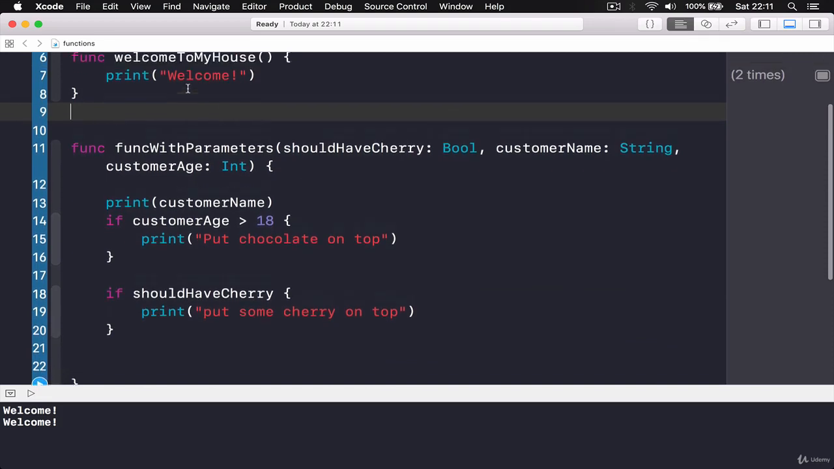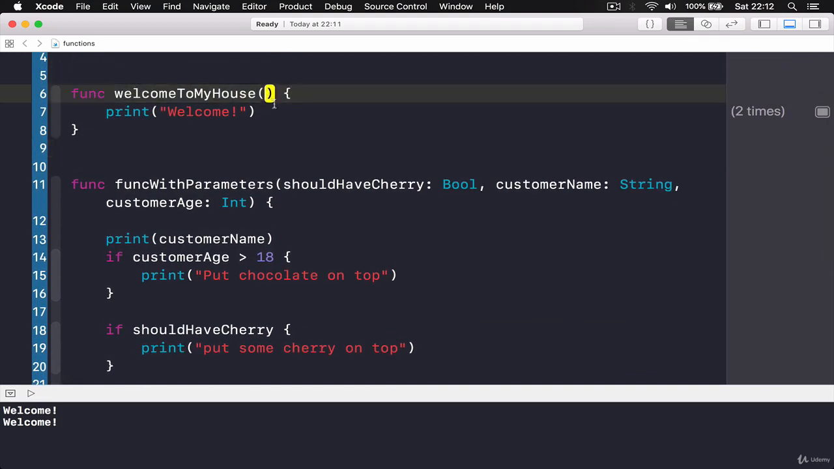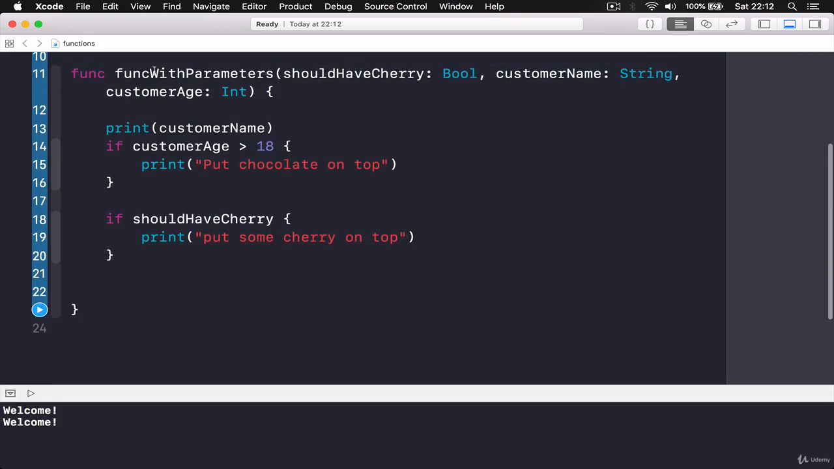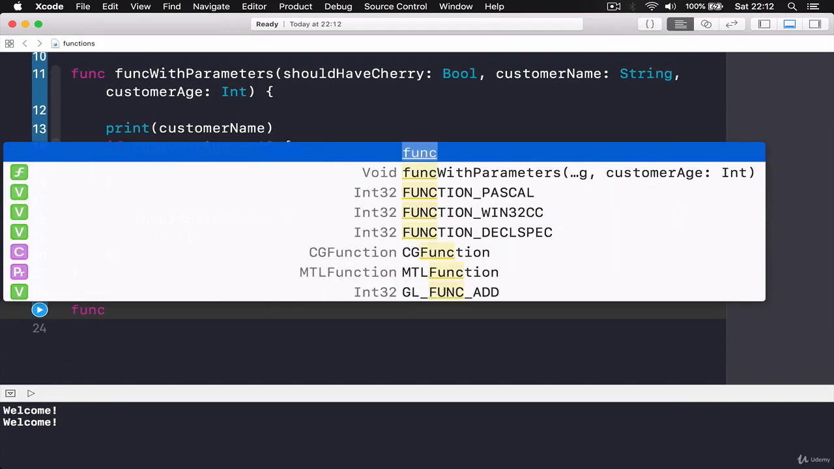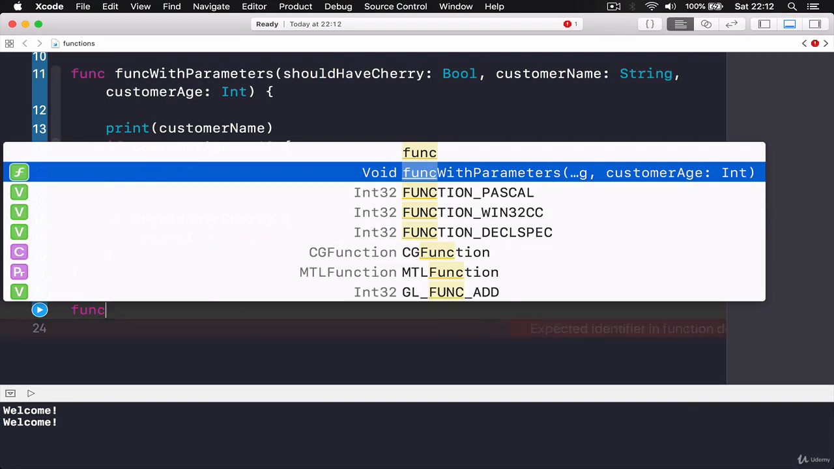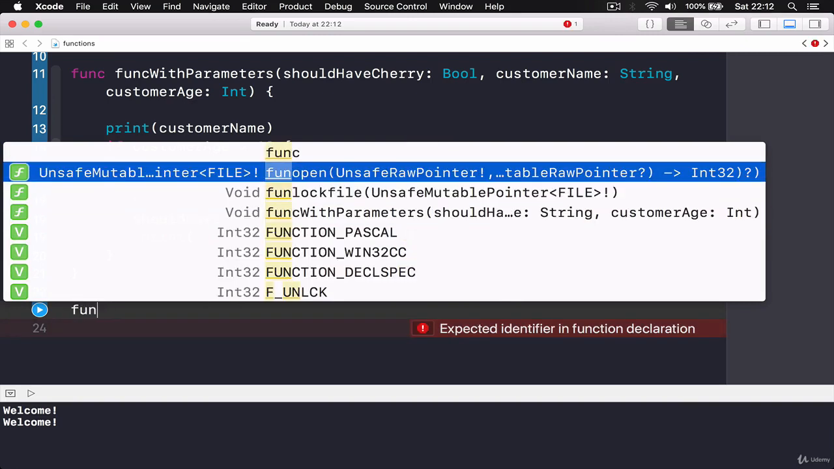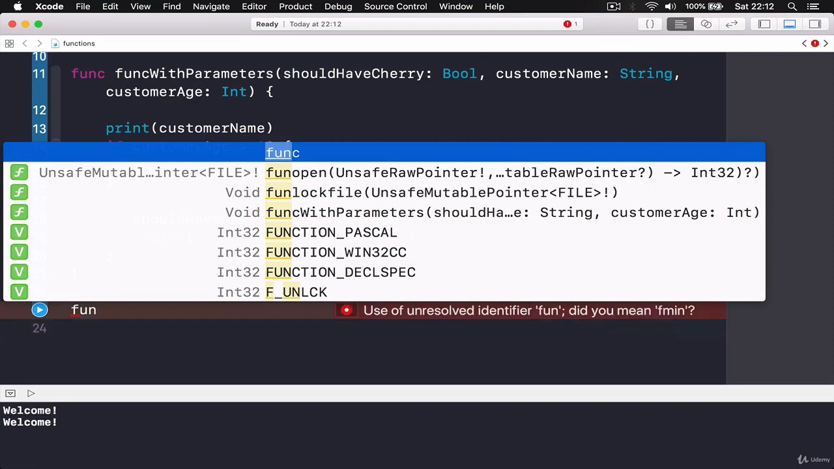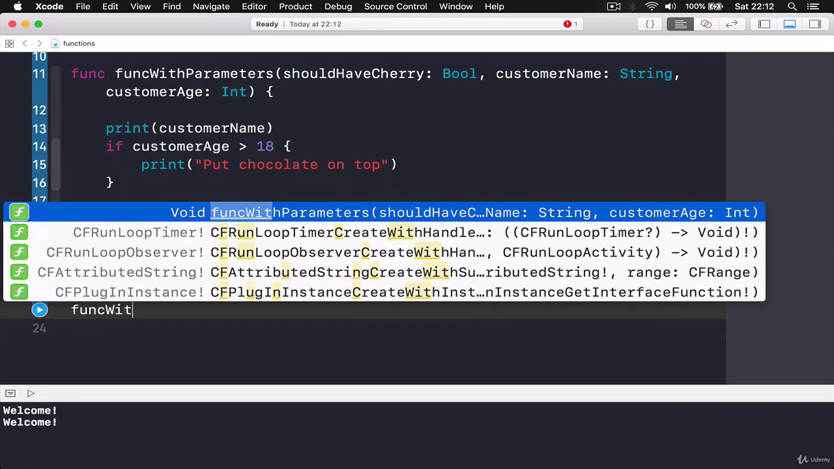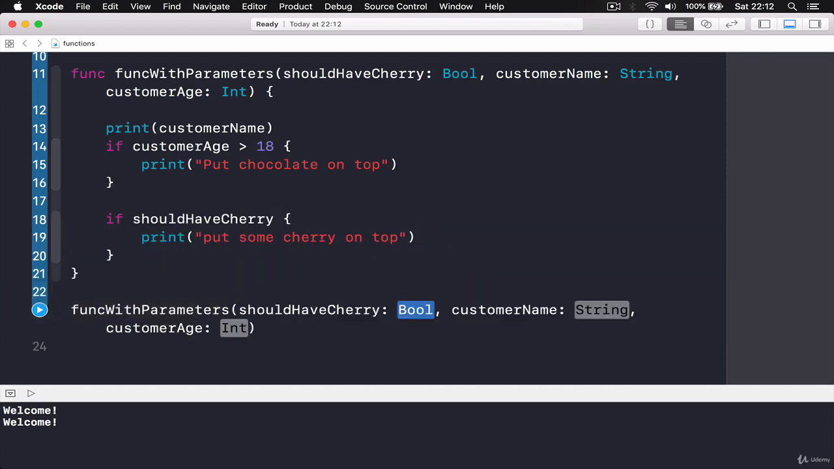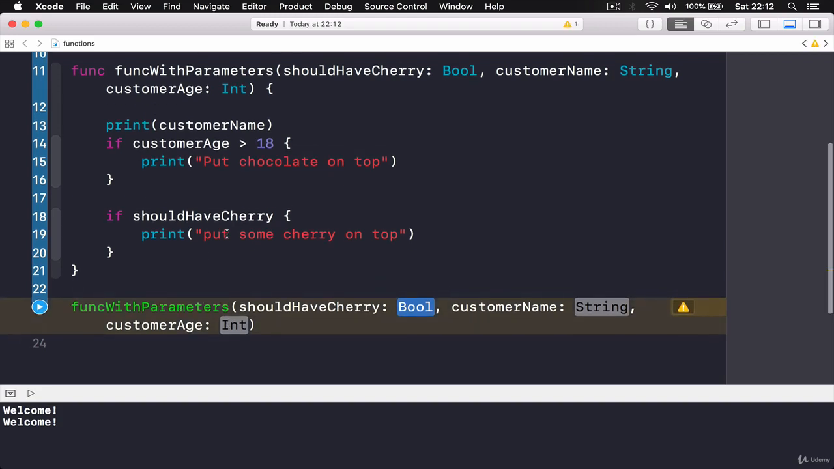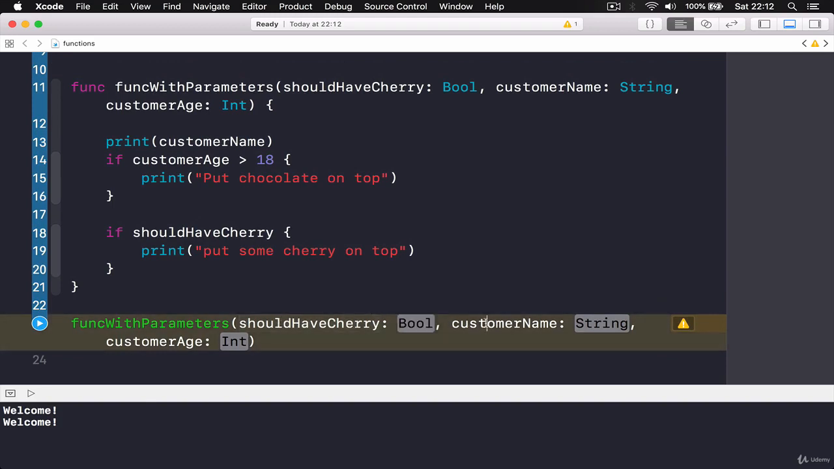So this was the first simple function that doesn't have any parameters or doesn't return any value. The second function, let's try to call this function, and you will see what's the difference here. So if I say func with parameters, you will see that here we cannot just say func with parameters, and when we call this function, Xcode automatically gives us all the different parameters that we need to pass